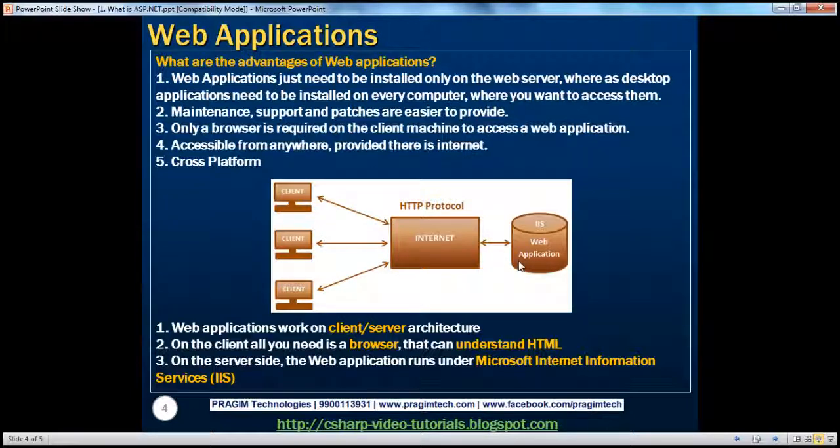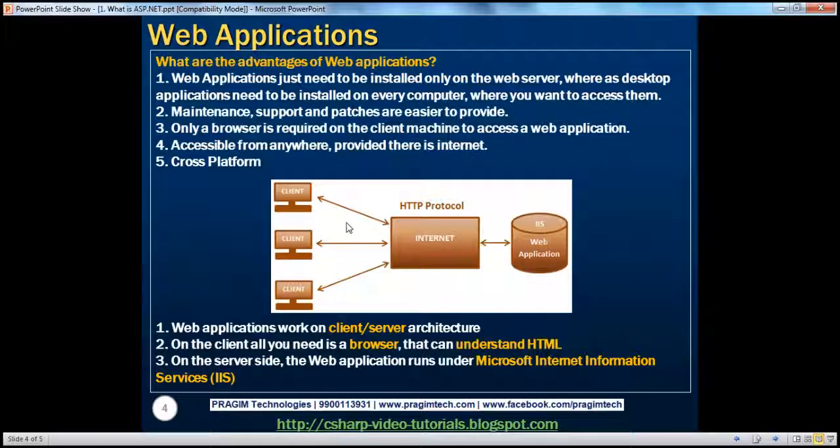It will do whatever it has to do. If it has to go and retrieve data from a database, IIS will hand over that request to the web application DLL. If you're not sure what a web application DLL is, don't worry about that. We'll be looking into that in great detail in a later session. Then the web application goes to the database server, retrieves the data, processes the request, and then generates the HTML and gives it back to the IIS. IIS will then return that back to the client who actually requested that page.